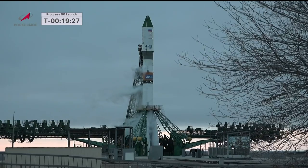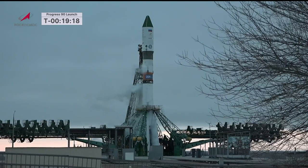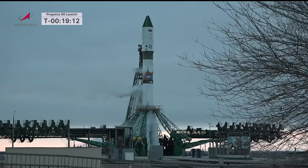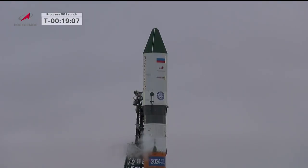Just inside 20 minutes away from launch of the 90th Progress. And again, the cargo breakdown, delivering to the Expedition 72 crew 2.7 tons of food, fuel, and supplies, which equals out to 5,511 pounds. And that includes 1,916 pounds of fuel, 926 pounds of water, 2,574 pounds